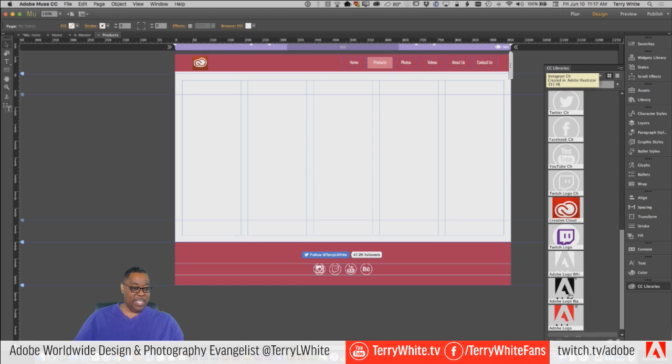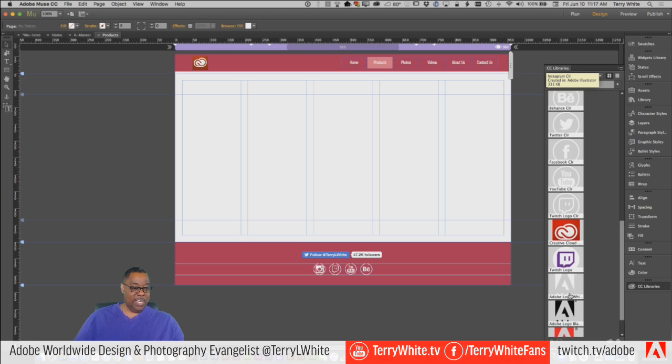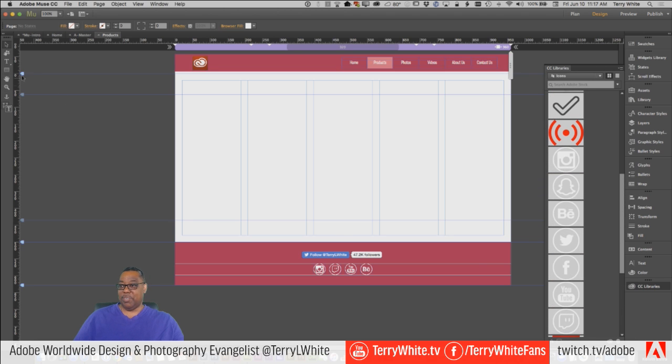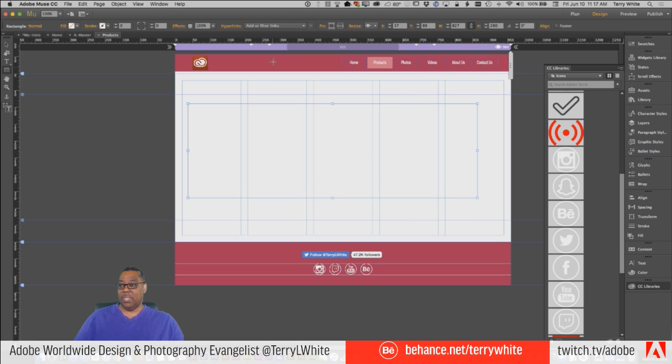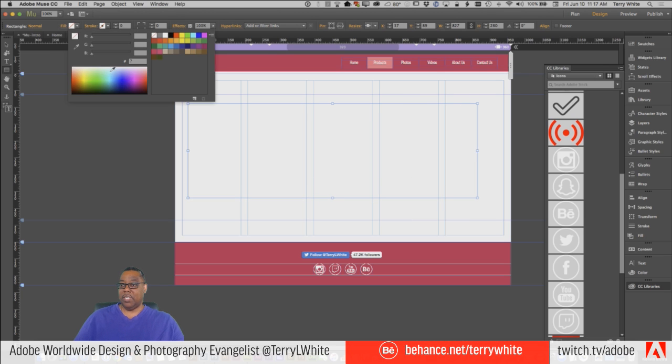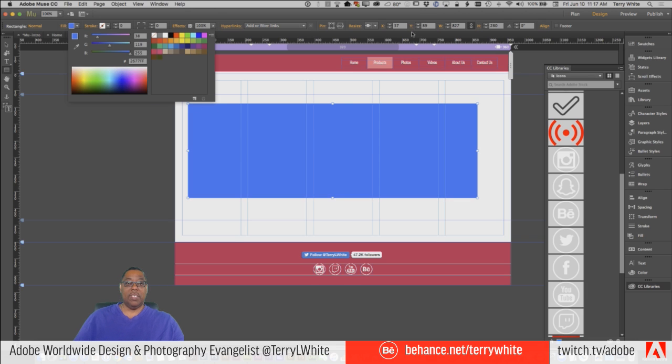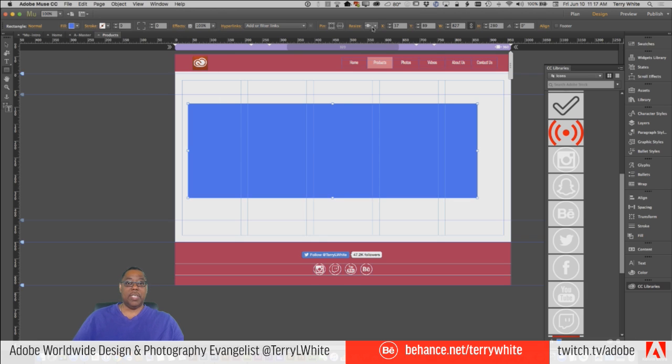Something we can actually see. All right, here, we'll do this. Let's fill that with a color. And let's make it so that it stretches the browser width. And now we'll place this one.